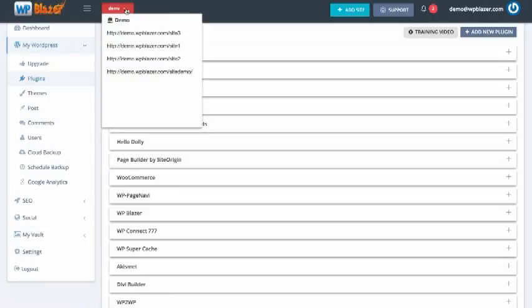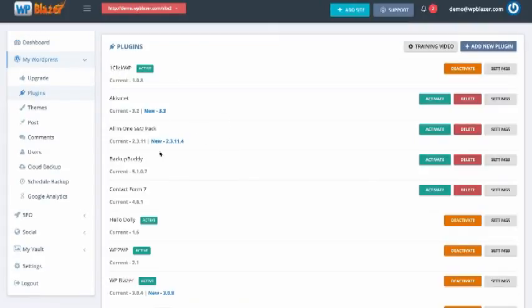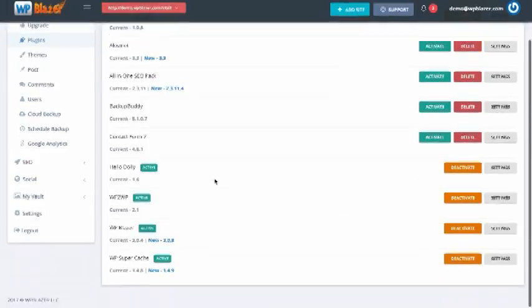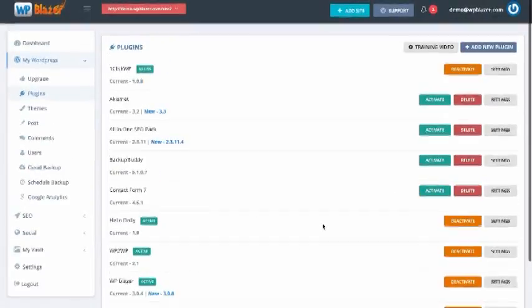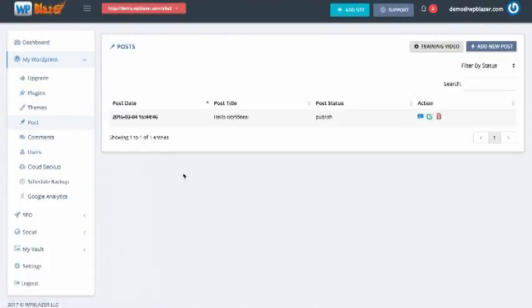And of course, if you wanted to dive into just one individual website, all you have to do is click on it from your list, and you will see that the plugins navigation looks a little bit different now. We can see the exact plugins on that individual website, and we can come in here and deactivate them, activate them, delete them, and so forth. We also have the ability to manage the post, the comments, the users, which is pretty standard. I'll jump into the post really quick. We can edit our post here, we can delete our post, and again, we can do this across multiple WordPress websites at the same time.